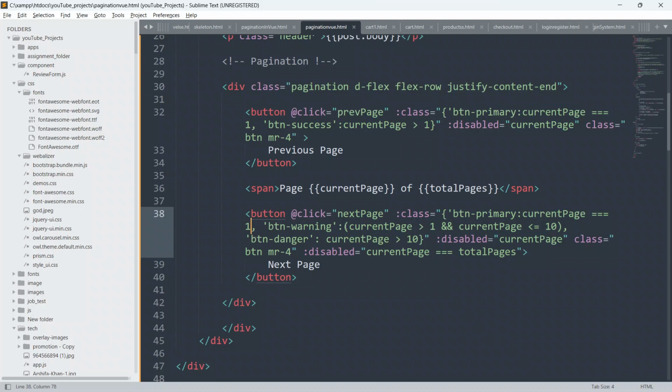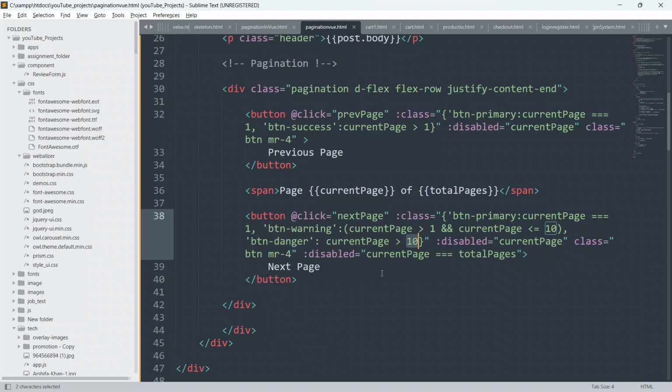Button warning will be applied when current page is greater than 1 and current page is less than or equal to 10, and button danger will be applied when current page becomes greater than 10.